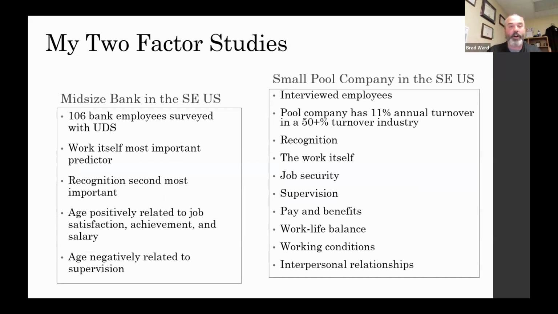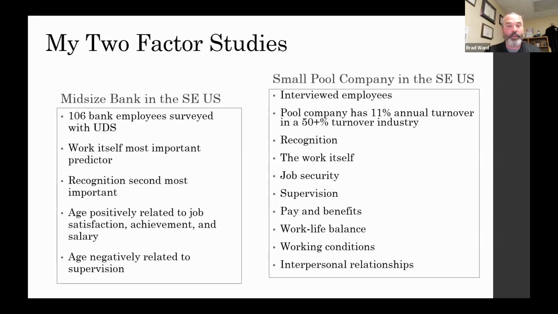So at the end of the day, 106 surveys were usable. I had more come back, but some people got bored in the study. And I also looked at personality theory too. So I looked at, did the big five predict anything? But I'll leave that out for now. We'll just stick on the two-factor here.